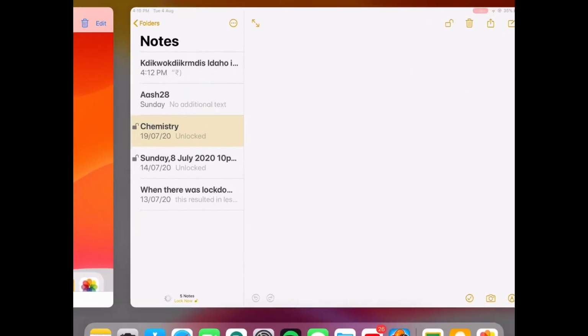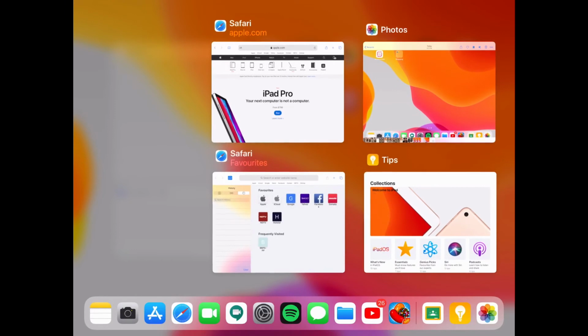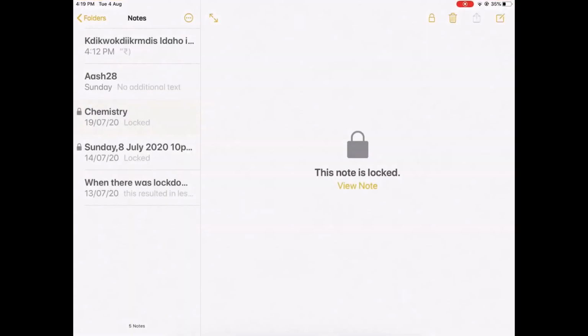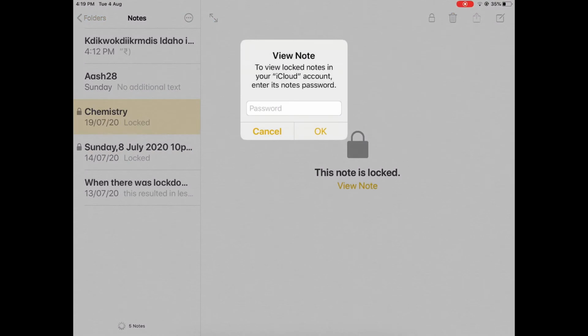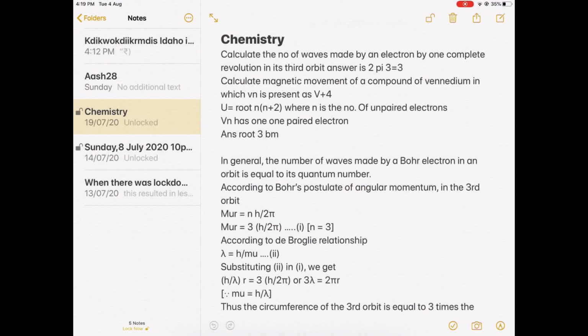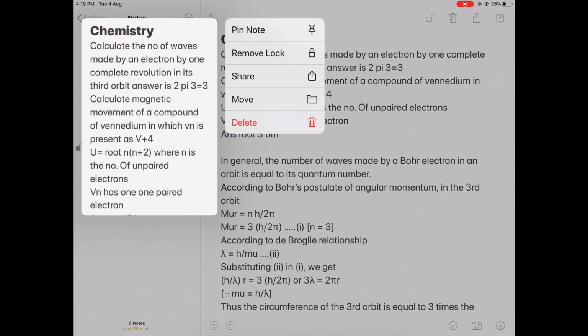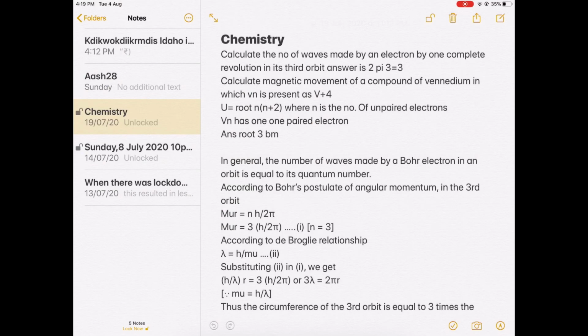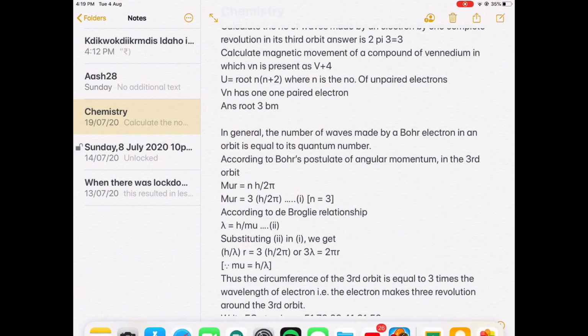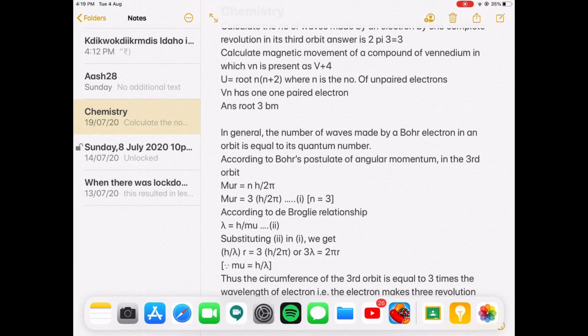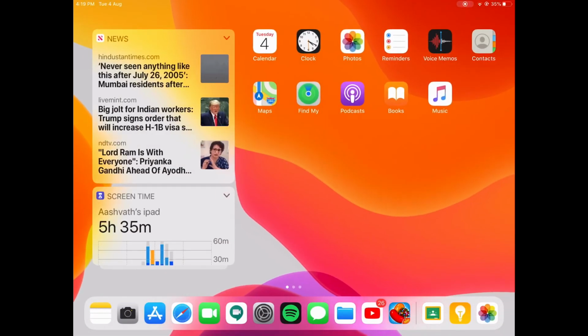So if I close this window, then open Notes again, to view the note, I have to enter the password. I don't want this password over here, so I will remove the lock. That's very easy.